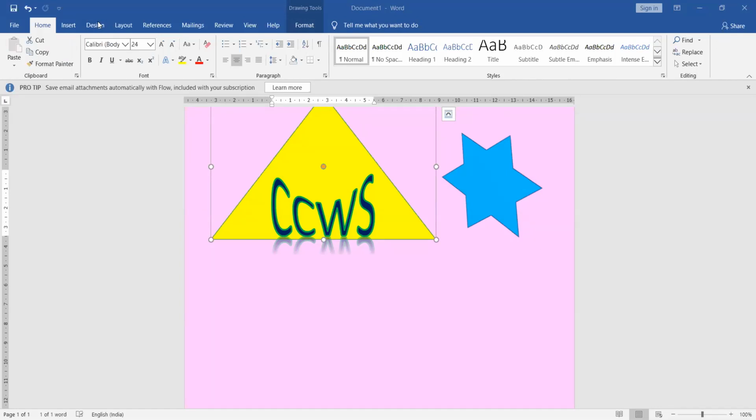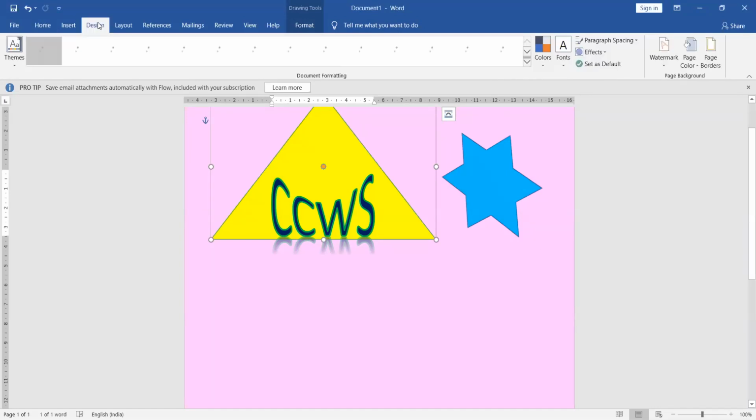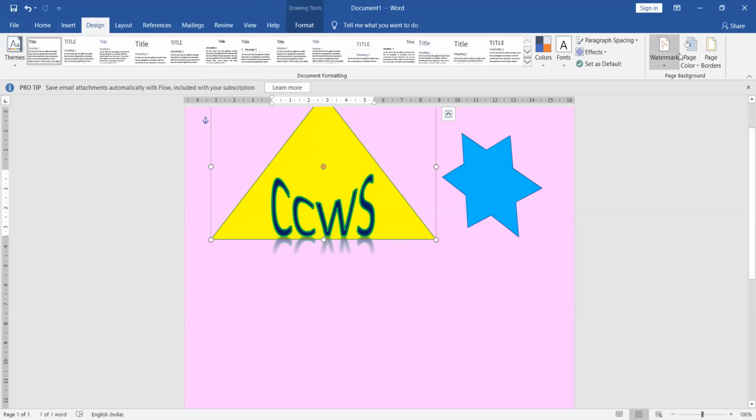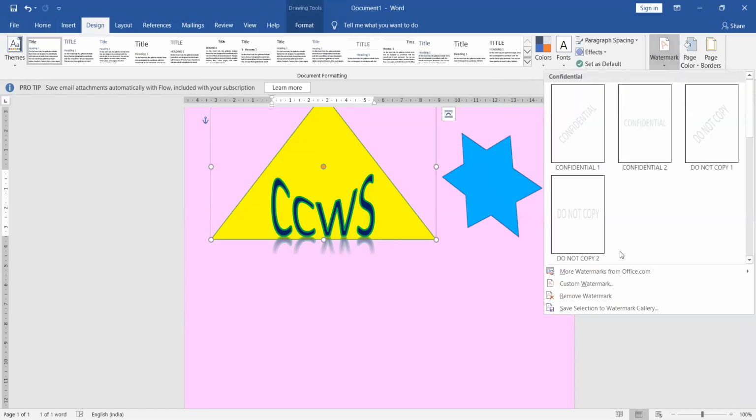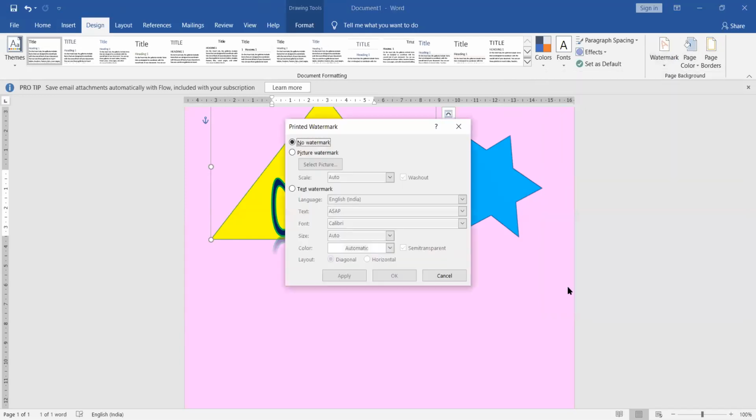Now for this, I'm going to insert this watermark and then I'm going to click here. This is my watermark. If I have to make it custom, then I'll click on Custom Watermark. Now here, picture, if you want to use a picture as a watermark, that also you can select, you can browse from your computer and then you can choose it.